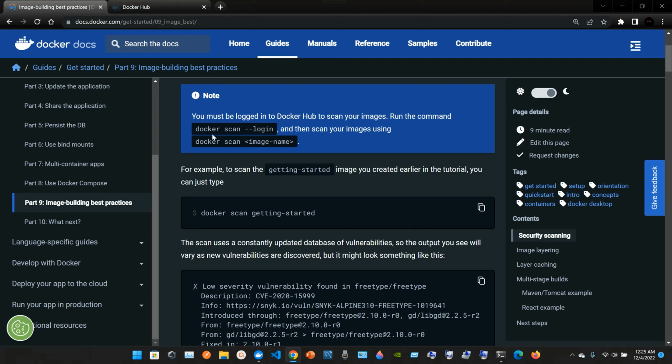Run the command dagger scan --login, and then scan your images using dagger scan <image-name>. So we go to our terminal